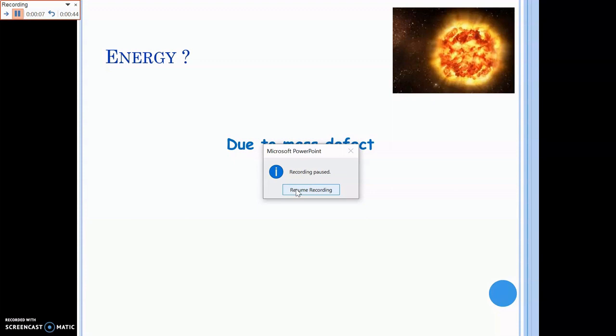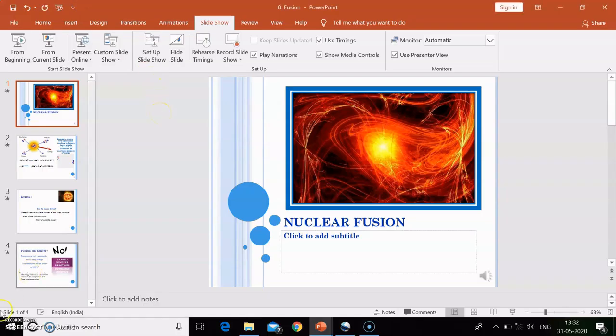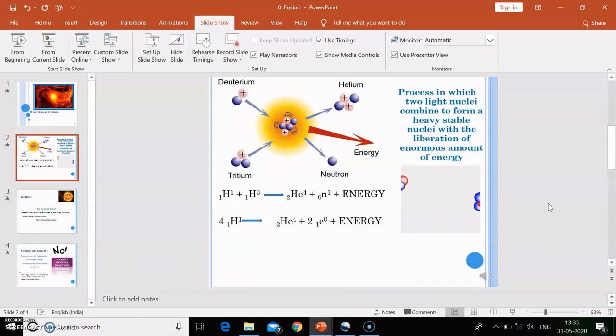Now after your recording, you just close this. Now you can see a speaker button on the slide. If you bring your cursor on this icon and click, a play button will be visible. Now if you play it here, you will be able to hear the recording that you have done. Now this icon can be seen in every slide where you have given such a voice recording.